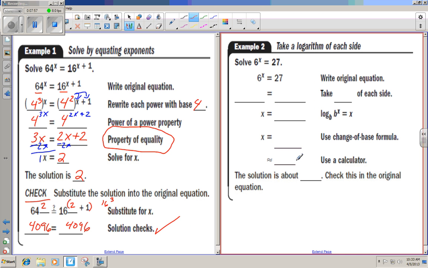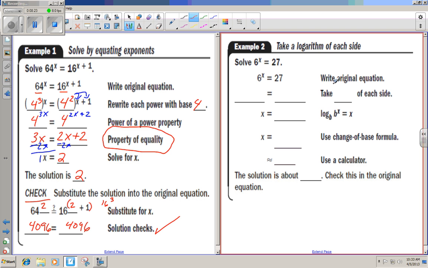So let's take a look at this. Sometimes you can't make the bases the same. Sometimes you can't go over here and make the 6 and the 27 the same. Yes, they're both divisible by 3, but you cannot make them the same. So it says here to